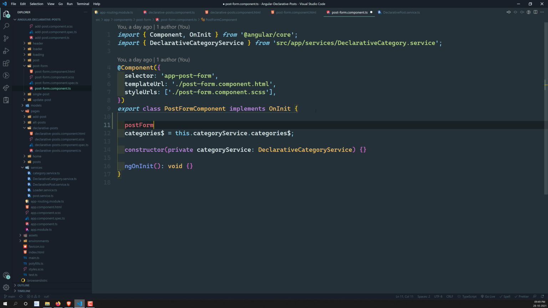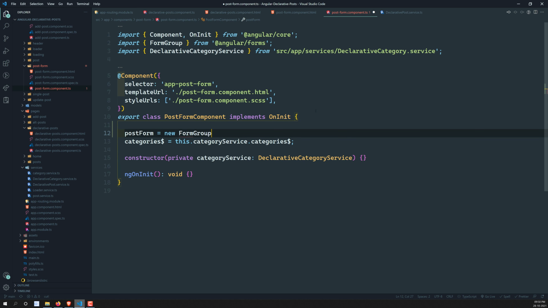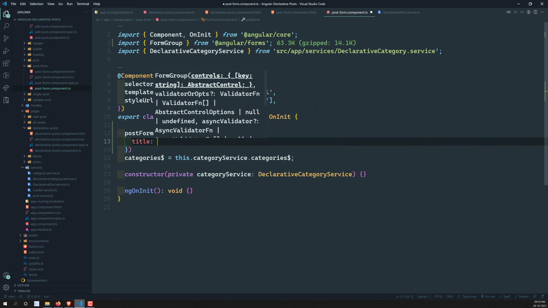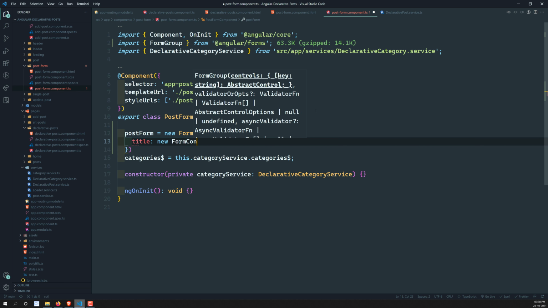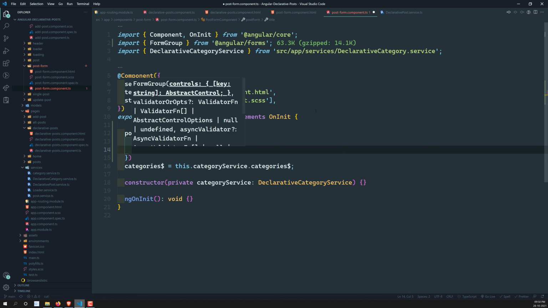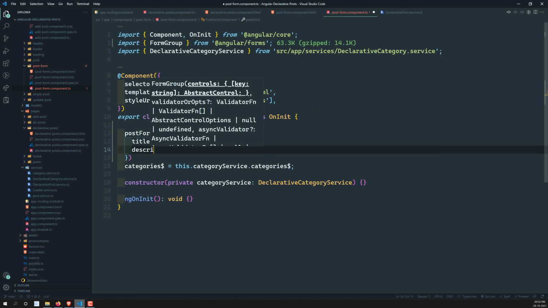So postForm is equal to new FormGroup, and in this form group you will be having title, first one. So title, it will be of type new FormControl. If you want, you can also use the FormBuilder, so that is up to you. Which one you want to use, you can use it.